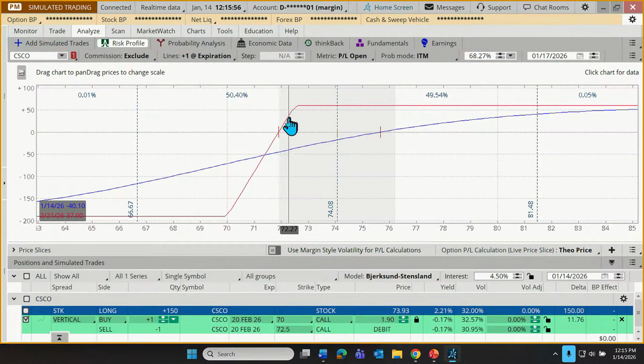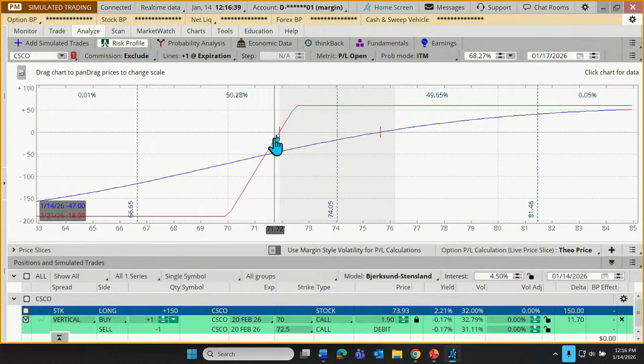In between, though, we can see that if we're in between, let's say 72.5 and $70, well, we must not be at maximum gain. We must not quite be at maximum loss. We must be somewhere in between. So let's say maybe the stock settles in at 71.5 at expiration. Let me just move my cursor over to 71. It's at 71.52. That's close enough. Look down in that lower left-hand corner, and this tool is now telling us we're taking this trade and turning it around with our MRI machine, and it's telling us, oh, in this circumstance, we would lose about $40. Minus 40 is what it says down there in the lower left.